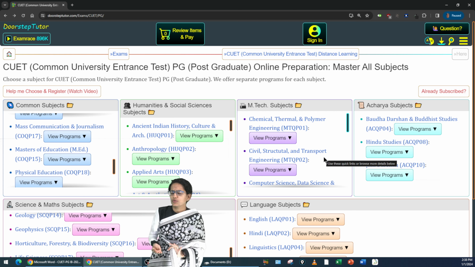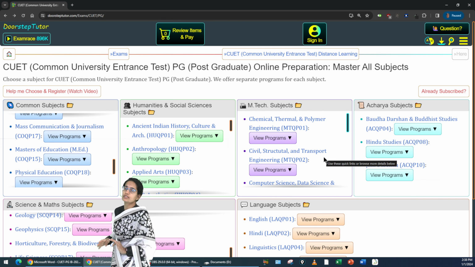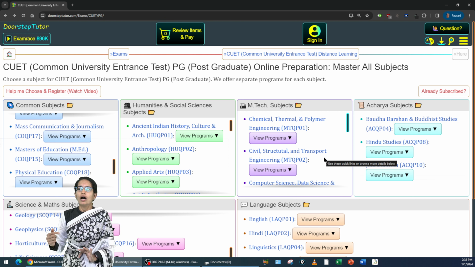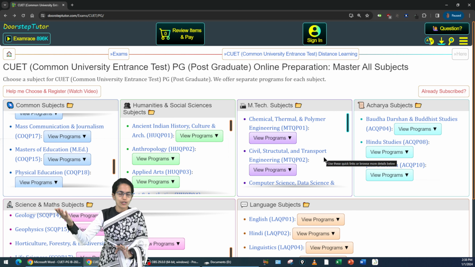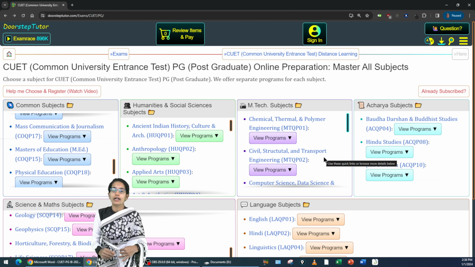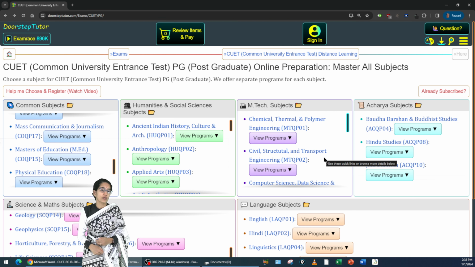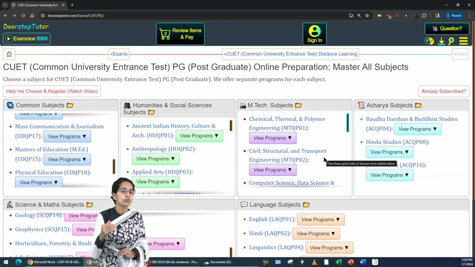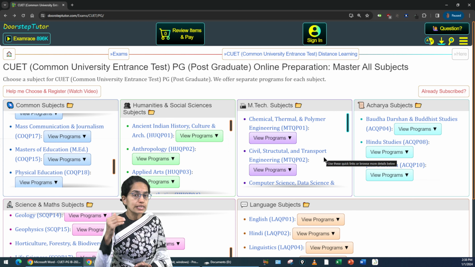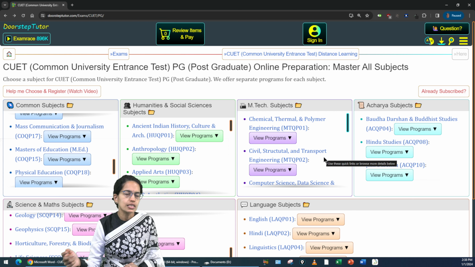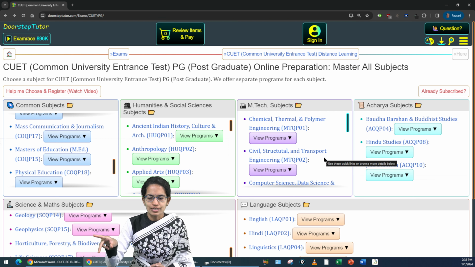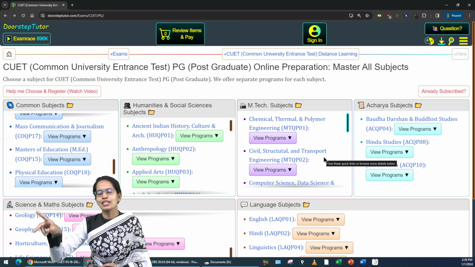Now, most of the students, if you opt for even 2 papers, you are all done with it, because if you opt for something, you prepare for it in a nice way, then obviously you would have a good ranking and you can get a good university out there. But if you are doubtful about one of the subjects and you are not confident that you will be able to do justice with that subject, it's a good idea to select at least 2 to 3 subjects, and rather than taking a chance on subject, you can also take a chance on university.